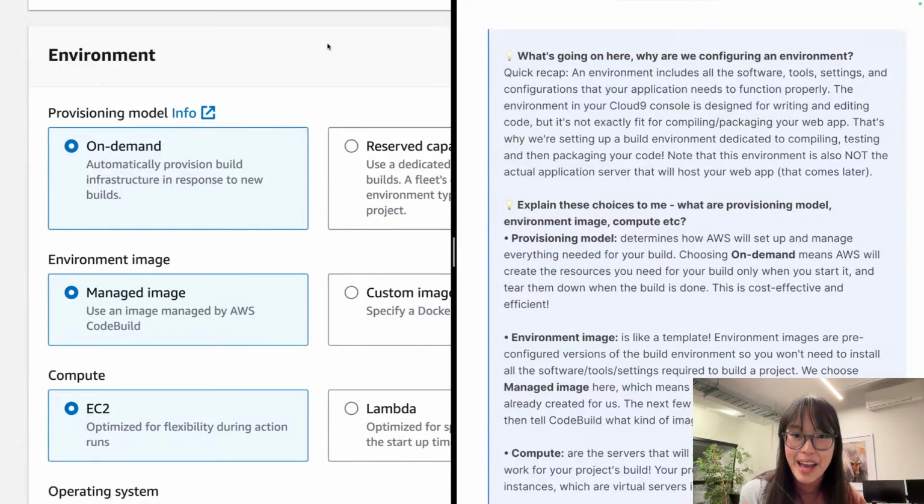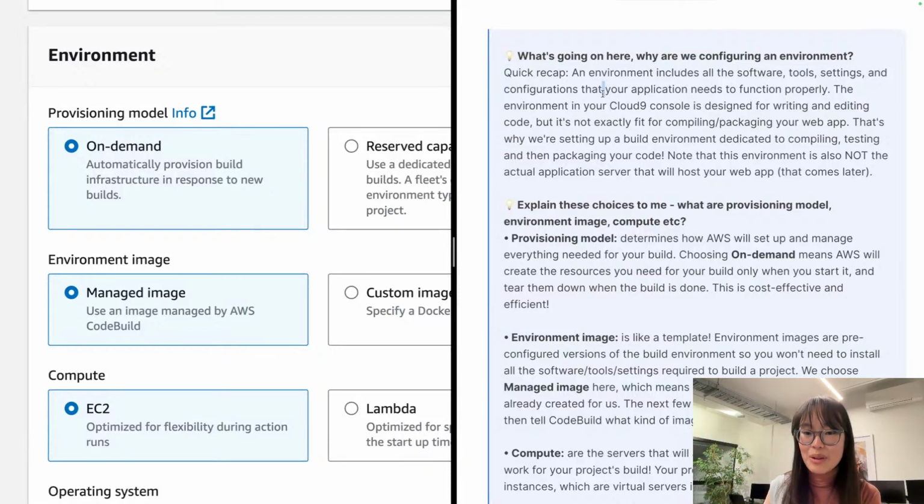And the environment panel is helping you set up all of the software, the tools, the settings, the configurations that your application needs to function properly. You've actually learned about environment from project 1 of the series because IDE stands for Integrated Development Environment. So an IDE is pretty much the perfect environment for writing and editing your code. So that's why Cloud9 has been so great for us to actually edit that index.jsp file where we said like,